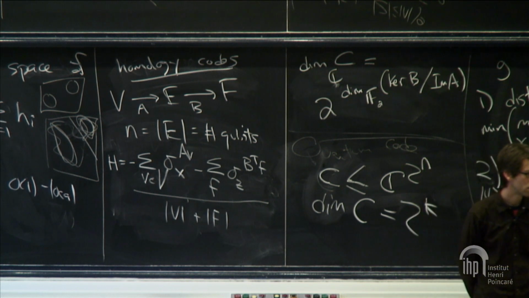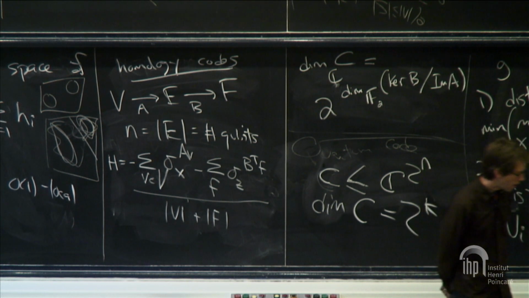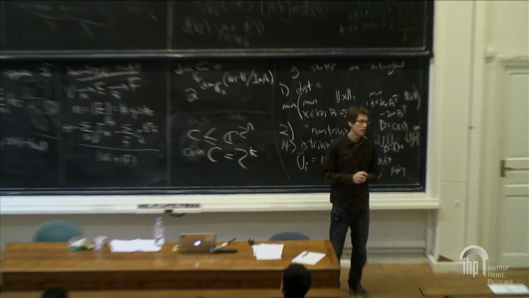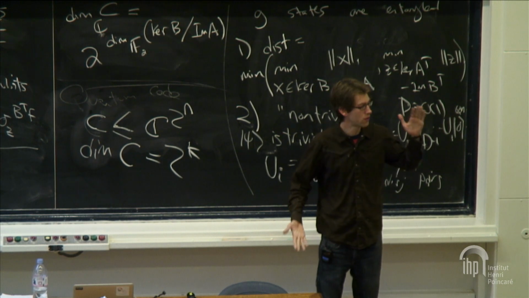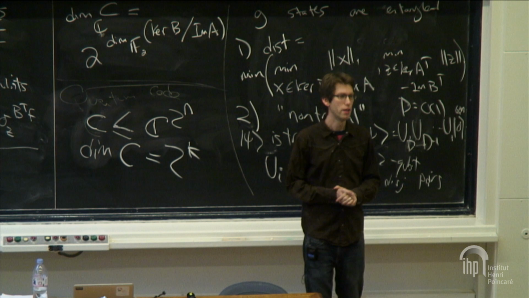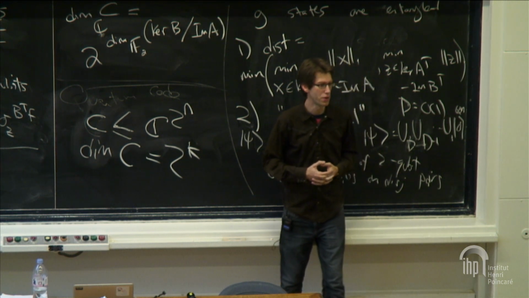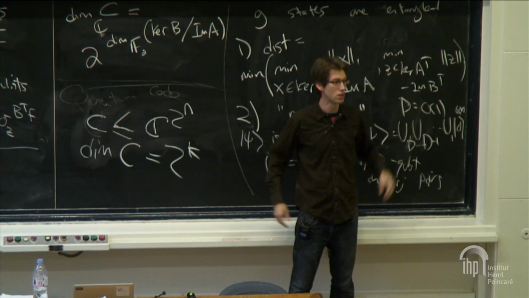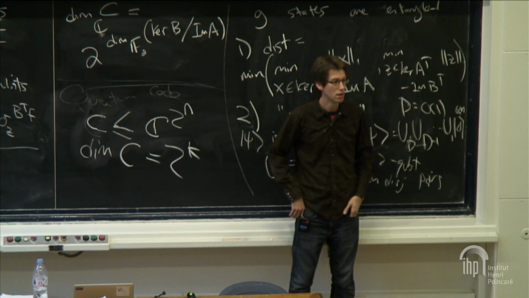I mean, is it good to have a low regular degree? It depends on your scenario. If you're just choosing a random edge, it doesn't matter very much. If you are going to list all of the constraints, maybe you prefer to have the total number of constraints be smaller. So it depends on your setting whether or not it's costly to have a very massively redundant set of constraints or not.